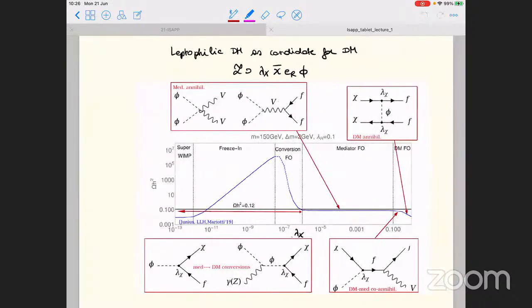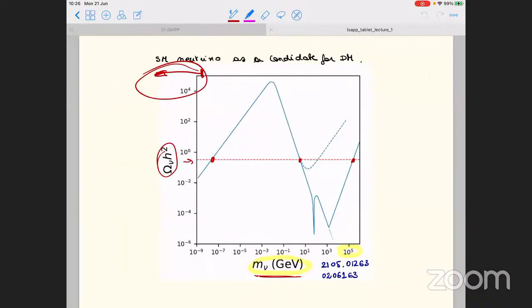In this setup, my goal is to explain this plot. Remember, if I was considering neutrinos, I had this simple plot where I had the relic abundance of neutrinos as a function of their mass. Essentially, for neutrinos, my only freedom is to choose their mass, because I don't know it